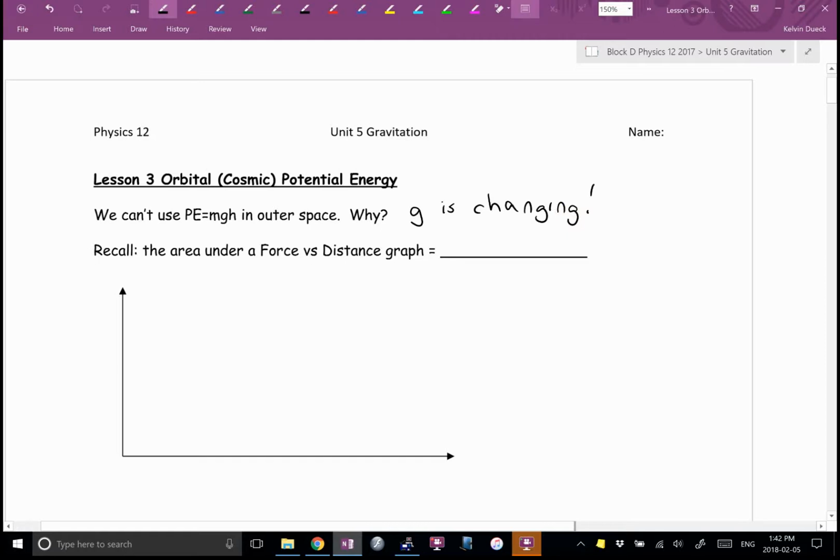Close to the Earth, within 300 or 400 kilometers, we could probably still get away with it. But if we, for example, want to go to the moon, g is changing. If we want to figure out how much fuel we need to send a rocket to the moon, we cannot use this as our starting point for energy. So we're going to have to go back to the way we first defined work and energy. We said that the area under a force versus distance graph was equal to